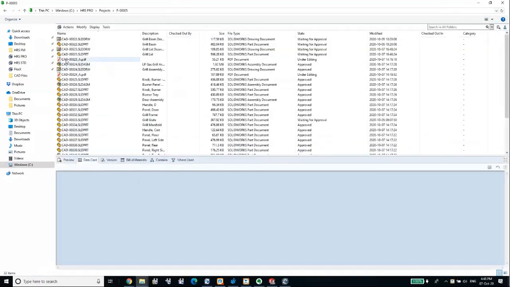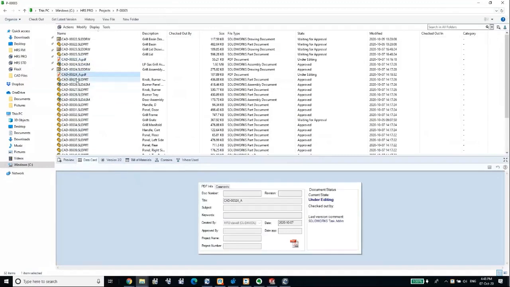If I go back in my folder, one thing you might have seen that is a bit different is I have some of those PDFs here that are _A. So I set up a task automation in my workflow. Every time I approve something, it will generate a PDF of that drawing. So I don't have to go in the drawing. I don't have to change the revision. I can just right click, change the state, and it will automatically go through and generate that PDF for me. I can put the revision in the name, even though the revision wasn't in my name,